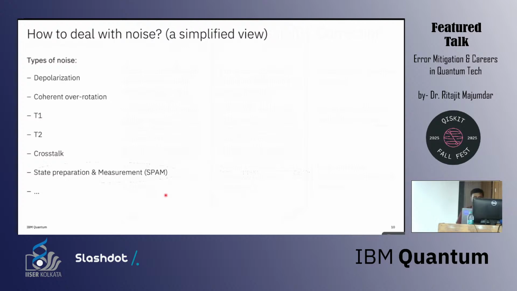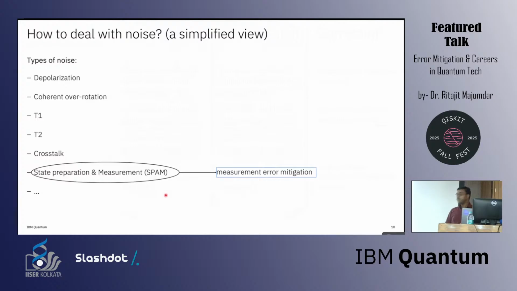So what we do in general, for state preparation and measurement, which together we call SPAM, is measurement error mitigation. We will discuss this later, but in general state preparation and measurement errors are gauge equivalent, so you cannot really distinguish between them. So we usually say that all the error is in measurement, and you can always assume that. For T2 and crosstalk errors, you can do dynamical decoupling. The second thing that we do for all these kinds of errors, including SPAM, is twirling. This is one of the major things done in current quantum computers, and we'll talk about what twirling is.